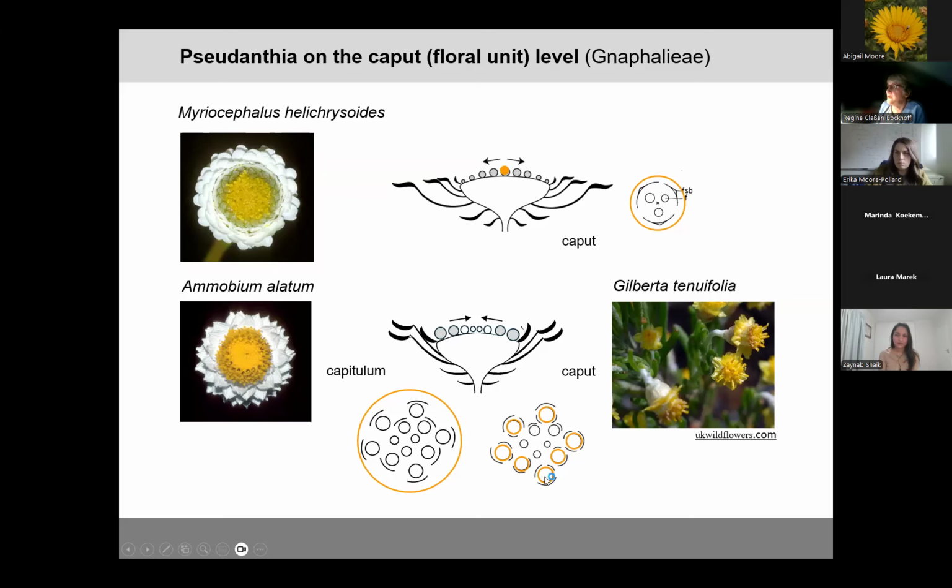So this unit is interpreted as a caput composed of one-flowered capitula, and you see in the center that these additional bracts are lacking, and this system transitions into a capitulum. So what we saw in Echinops, that a capitulum transitions into a flower, is repeated here, that a caput transitions into a capitulum in the center. This indicates that these units, flower, capitulum, and caput, are very similar and distinguished by these steps of fractionation.